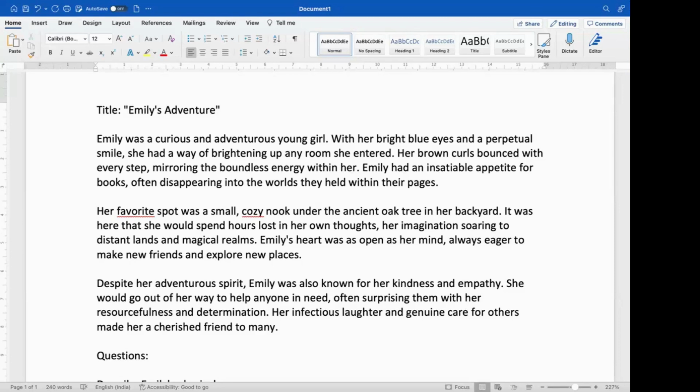Okay, and what else did you see in Emily? It showed her kindness and empathy, so it can connect her to the heart. Her heart was open and she was kind and empathetic to everyone she knew.